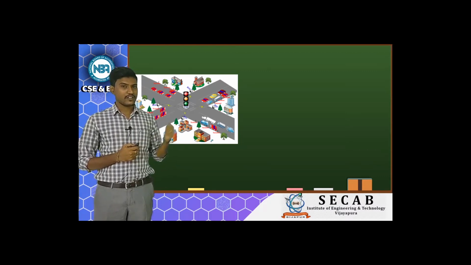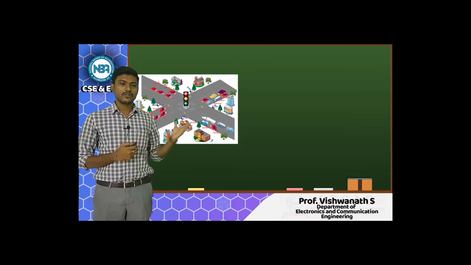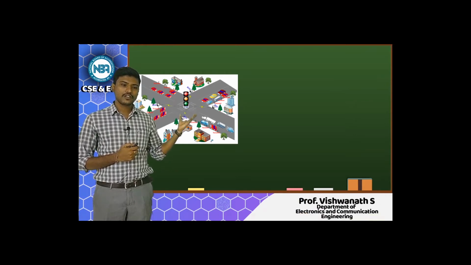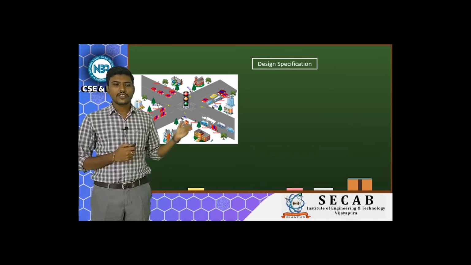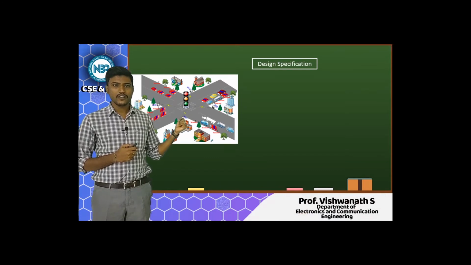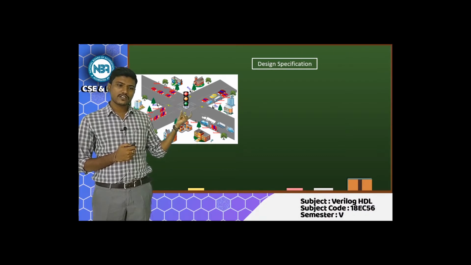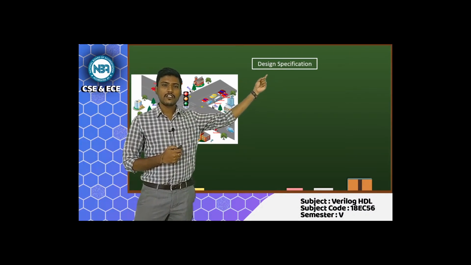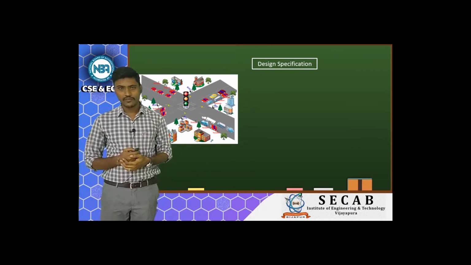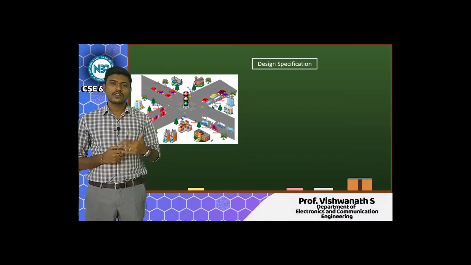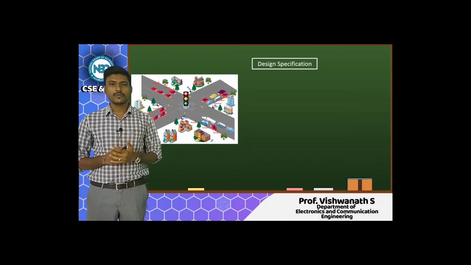This is the specification that is required. The specification is nothing but what actually is needed and how it has to work. Those are the things specified by the customer to a company. So giving the specification in order to develop a product is the first step. It all starts with the design specification. Depending on the specification, we are going to develop a product, so the specification requirement is the first step.